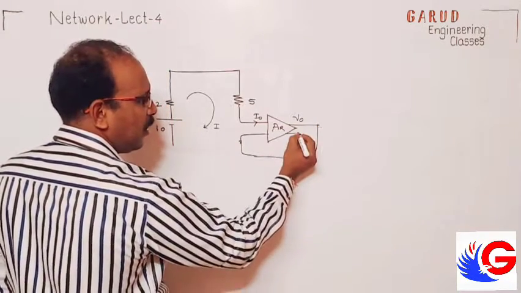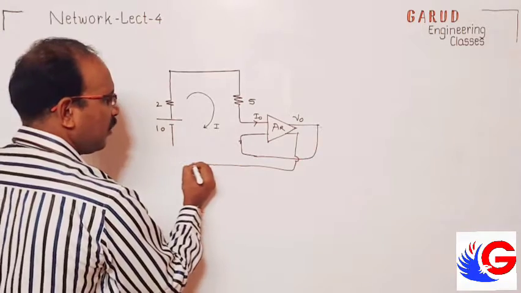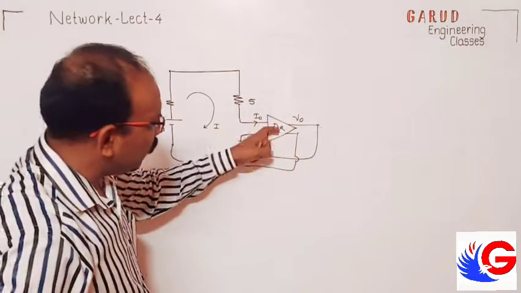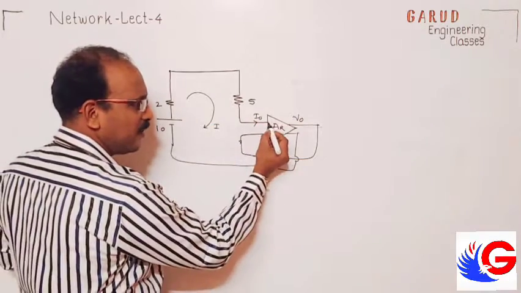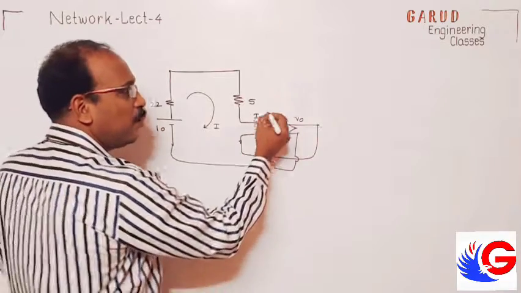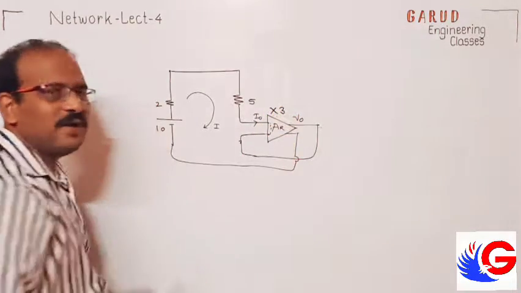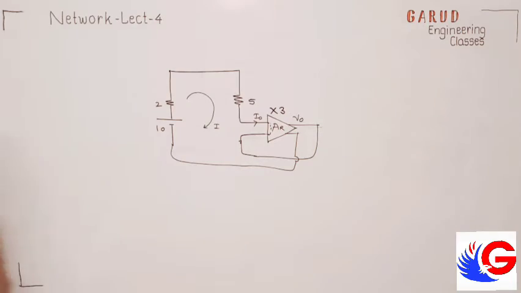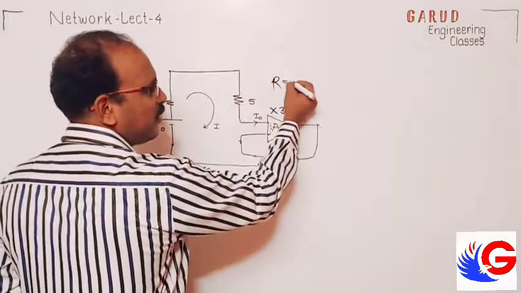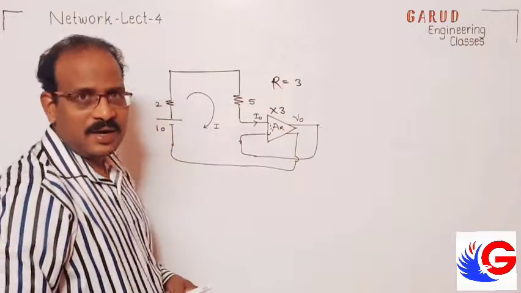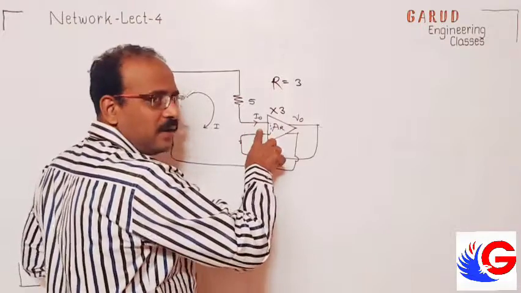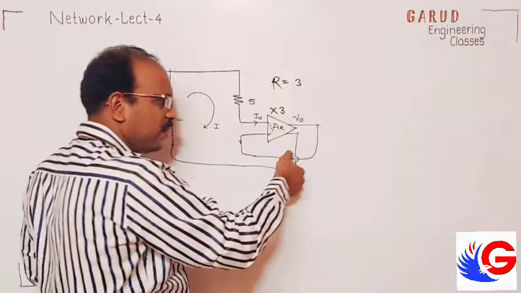Upper terminal and lower terminal. See, it is sensing current. Current is flowing through this. It has some internal resistance. So current is flowing through this, but this current is sensed. What is the multiplication factor of this? The multiplication factor is 3. Sorry, R equal to 3. That is the multiplication factor R we can write. This multiplication factor, I equal to 3. Correct? Trans resistance, or we can write AR. So whatever the current, it is multiplied by 3 and converted into voltage.